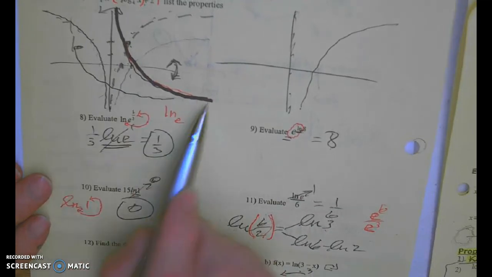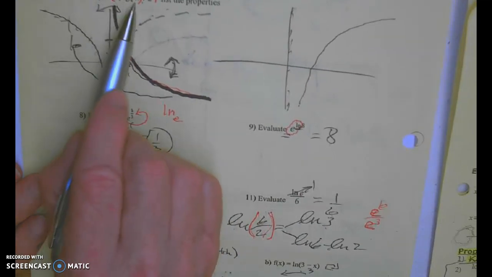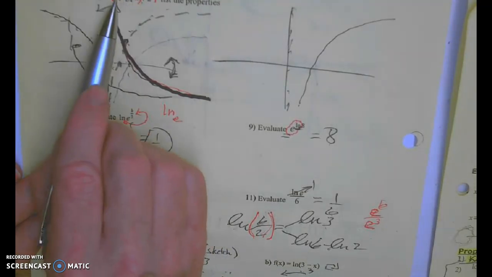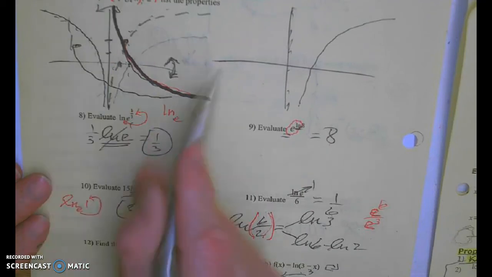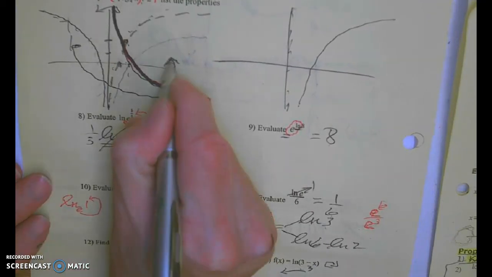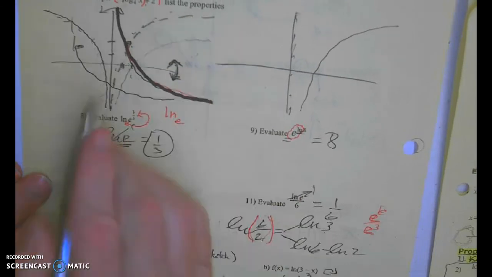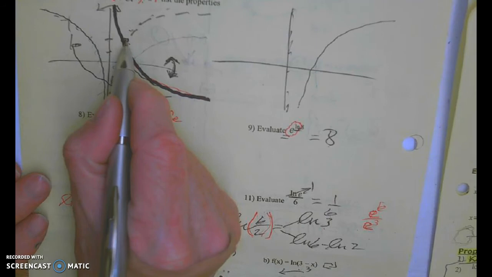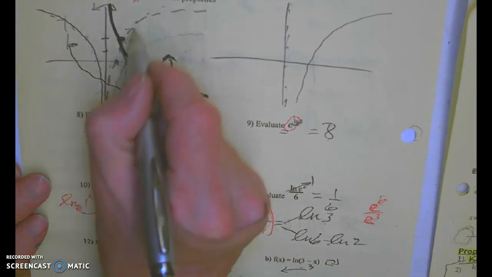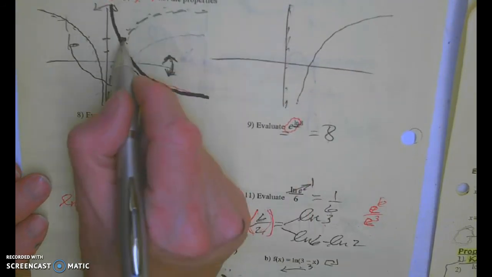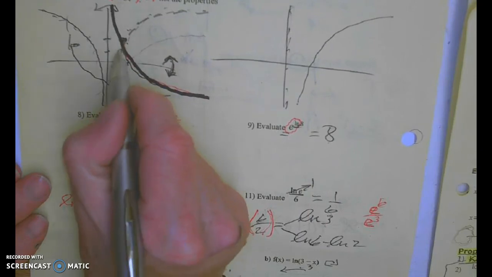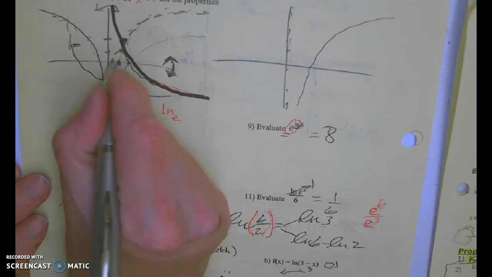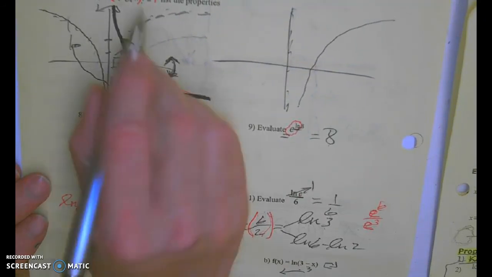When you see log of anything with a negative in front of it, we're talking about a y value that has been flipped across the x-axis. So we have our flip occurring like this. Wherever our focal point ends up being, which is here, we're going to use that as a rotational point. Here's our original function, and we're going to flip that function once we move it up. We're going to have this as our new focal point away from here, and then we add 2 to get